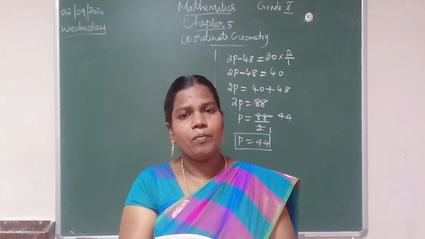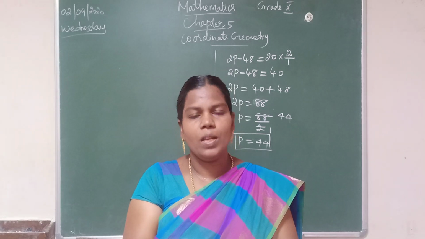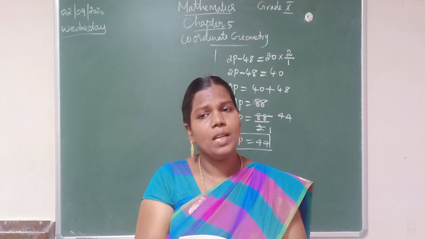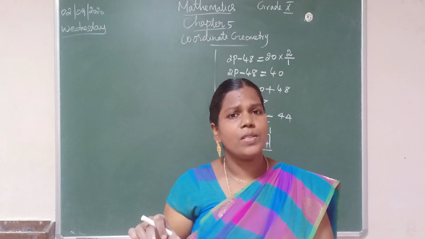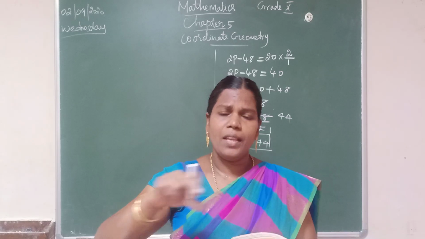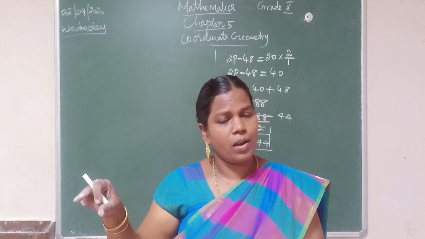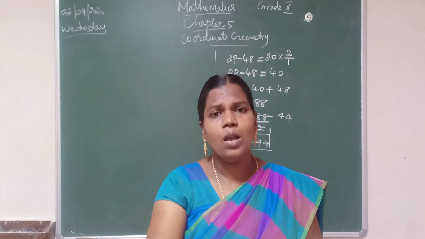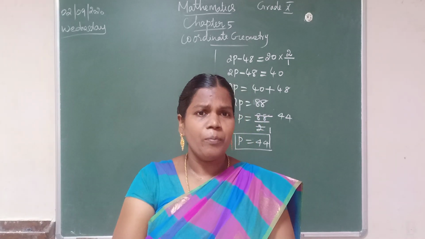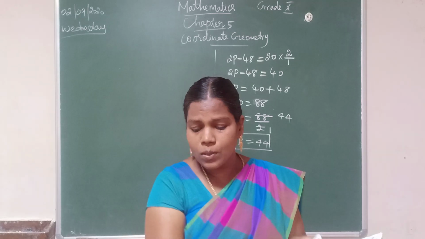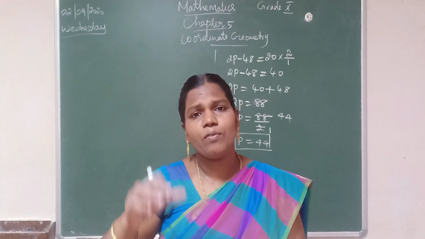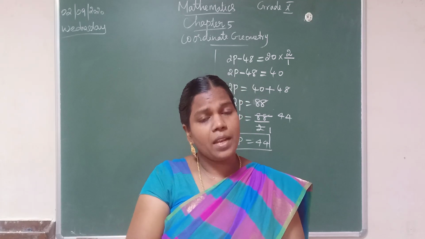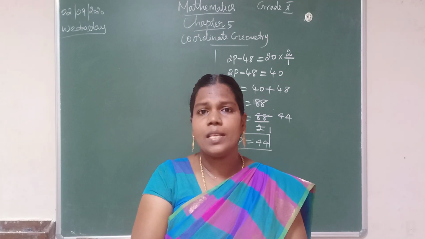How can we do it? We know that if 3 points are collinear, the area of the triangle will be 0. What is meant by collinear? 3 or more points are collinear if they lie on the same straight line, isn't it? Here 3 points are given as collinear, so we cannot form a triangle, and so the area also we cannot find. Area will be 0. So the condition area of triangle equal to 0 can be used.